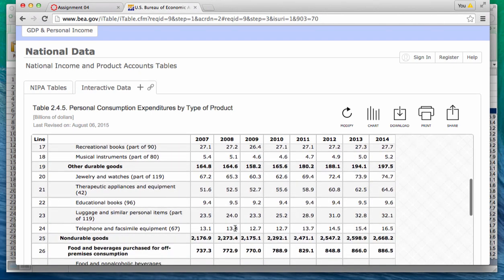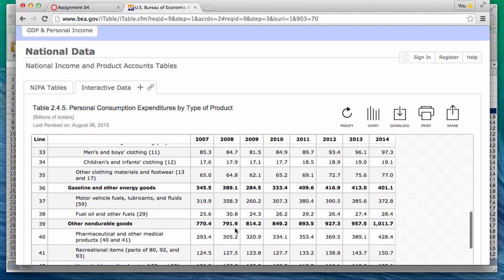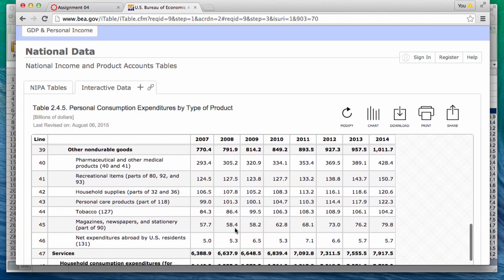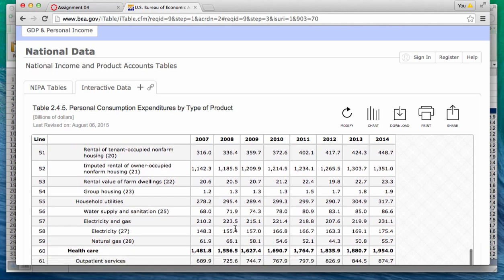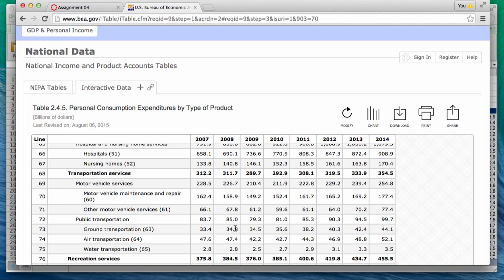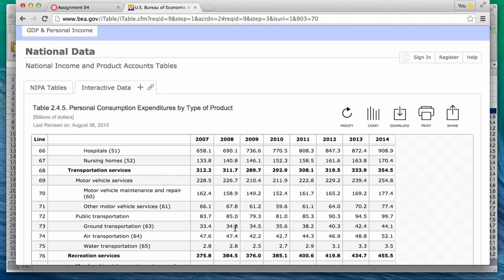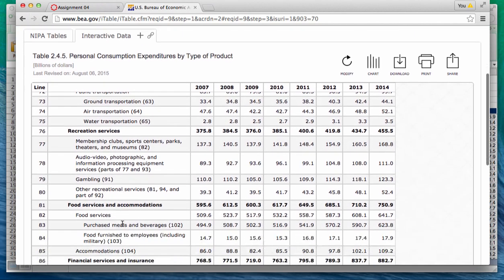Recreational goods, jewelry, educational books, food, alcoholic beverages, garments, fuel, pharmaceuticals, household supplies, magazines, housing, rent housing, mortgage housing, utilities for housing, all kinds of subcategories of healthcare, physician, dental, hospitals, nursing homes, transportation items, ground transportation, air transportation, water transportation, recreational services, memberships, clubs, sports centers, parks, theaters, museums, if you're looking at more of a public entertainment type industry, audio video items, gambling, other recreational services,